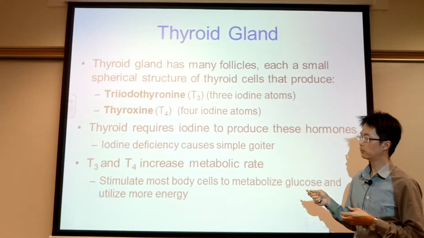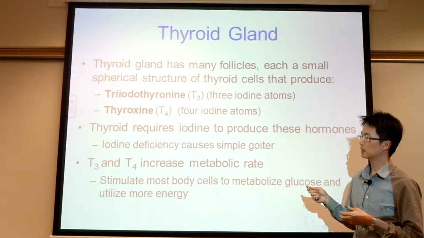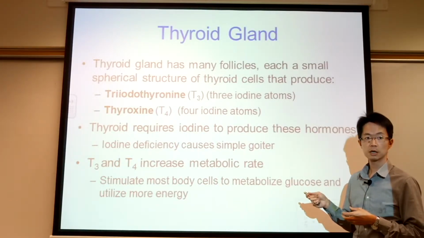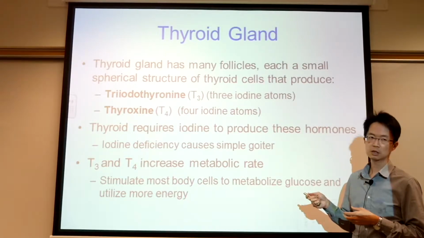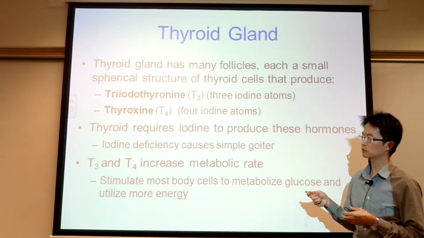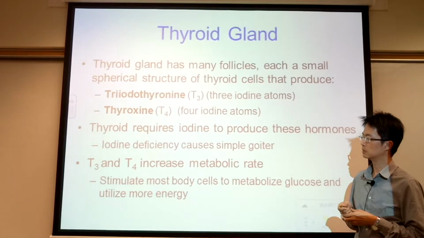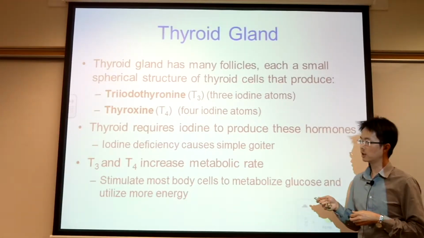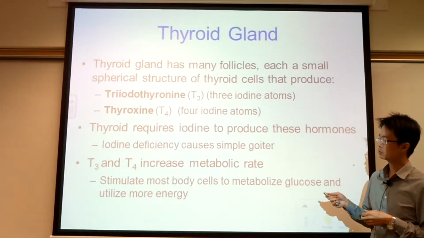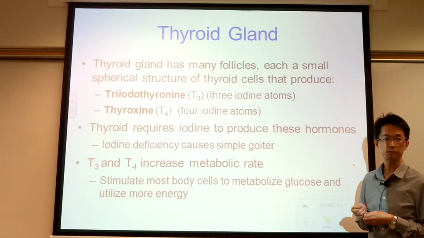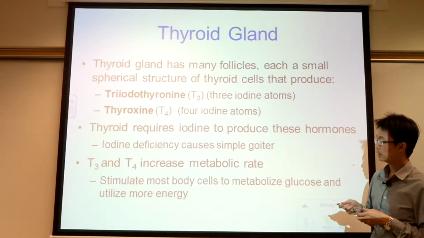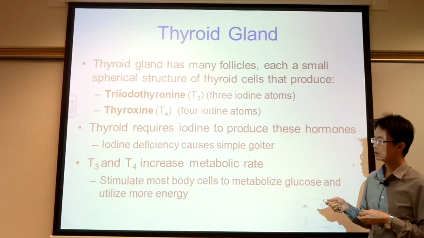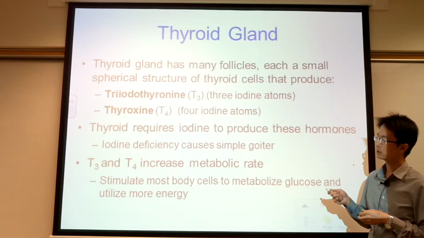This one, T4, it has 4 iodine atoms in here, and we call this thyroxine, or sometimes tetraiodothyronine. Thyroxine has 4 iodine atoms. That's why a thyroid gland requires iodine to make the thyroid hormone. And if we don't have enough iodine in our diet, then the thyroid gland cannot make this hormone,